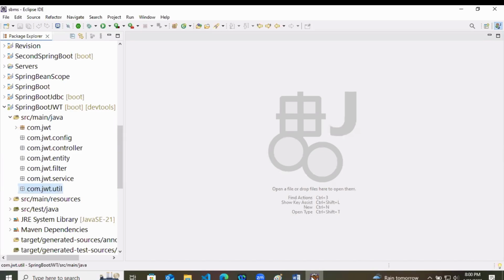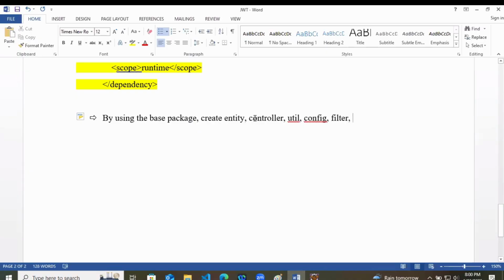One, two, three, four, five, six. Service. Service is always optional. You can remove it if you want. Otherwise, no problem, you can keep it. So by using the base package, we have to create these many packages.